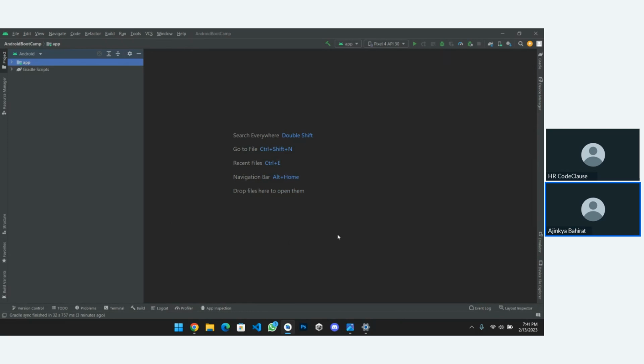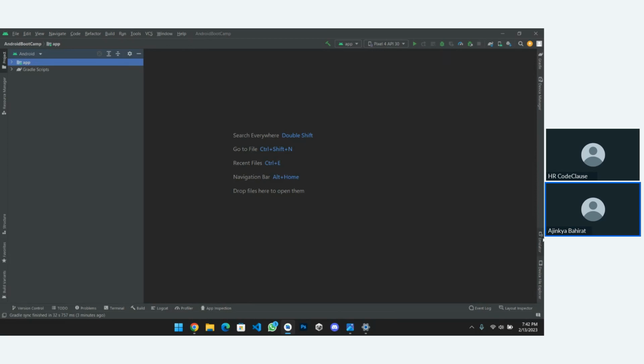Okay, on the right side you can see Gradle, device manager, emulator, device explorer. These are the important things. Gradle is another thing, device manager is another thing, and the emulator is to test our application within Android Studio itself. A virtual smartphone will be created on your device.